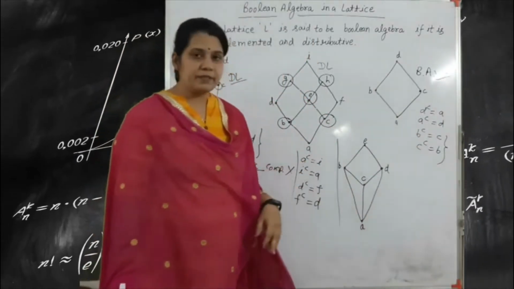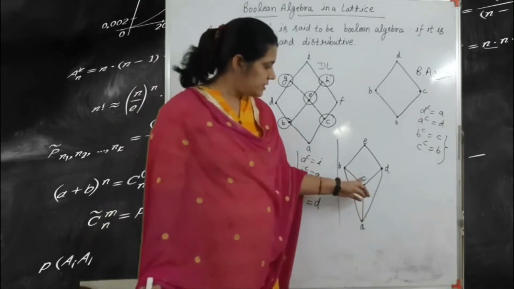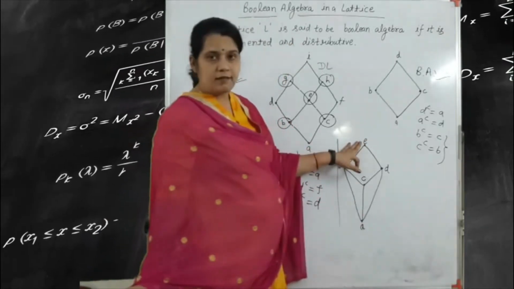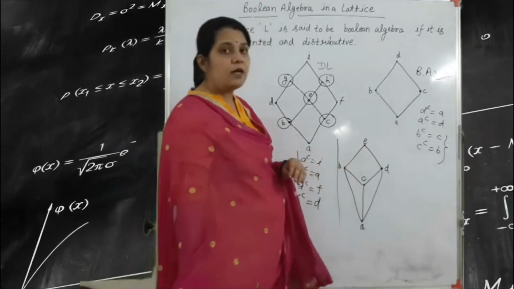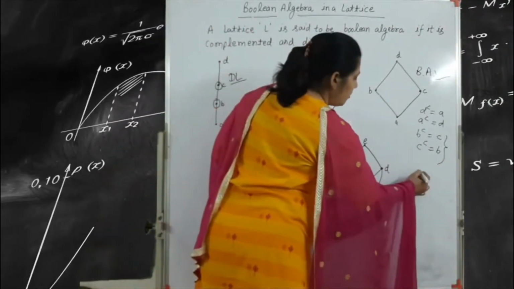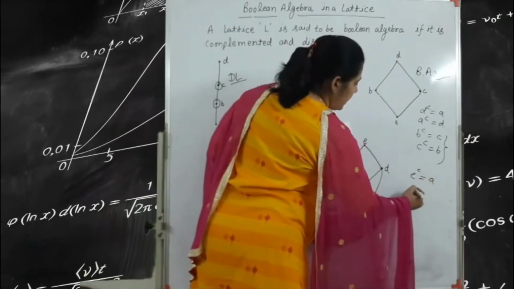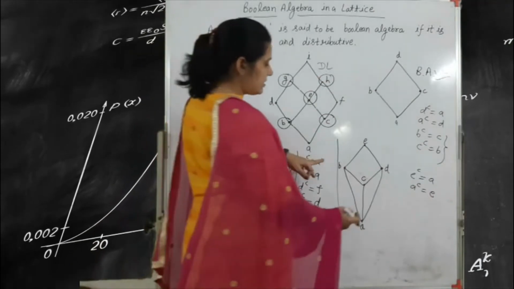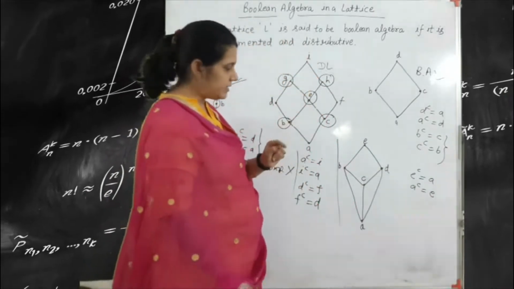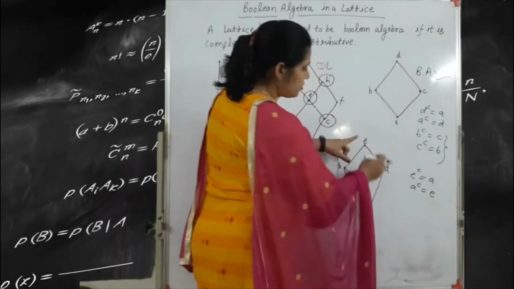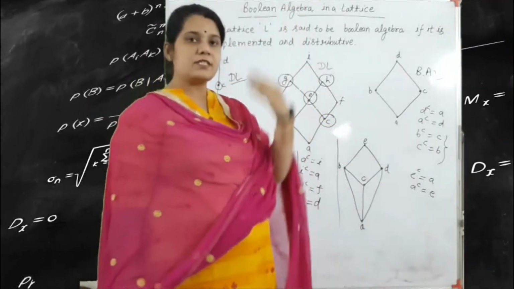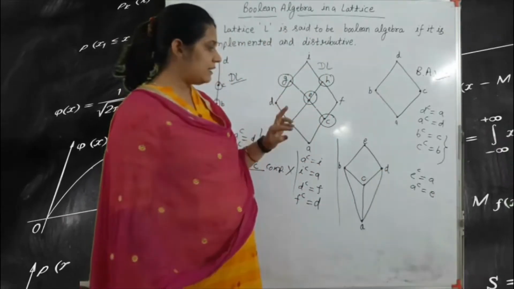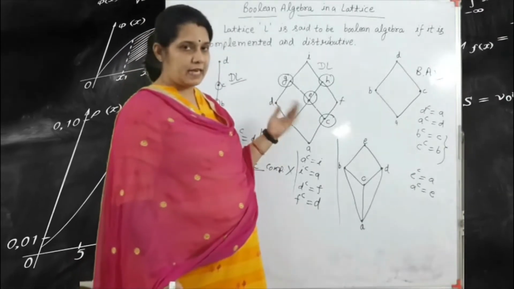Okay, our next example is A, B, C, D and E. Okay, so A and E, this is the top of the system and this is the bottom of the system. So we write here the complement of E is equal to A and the complement of A is equal to E. Got it? Next one, if we consider these B and D, two elements. So no doubt B and D, first join is E, the top of the system, but first meet is C. This is not the bottom of the system. That means B and D are not complements of each other.